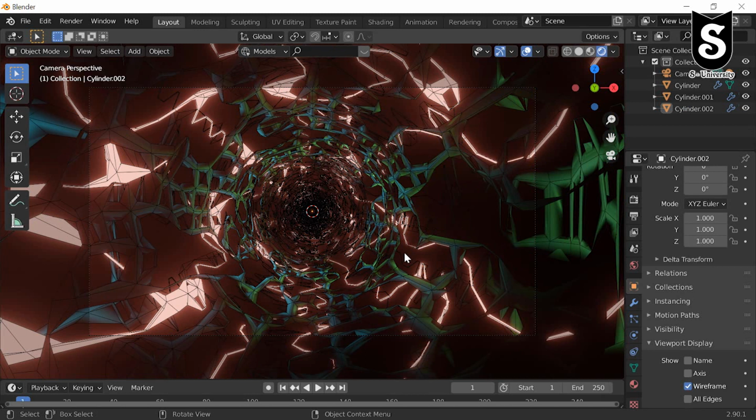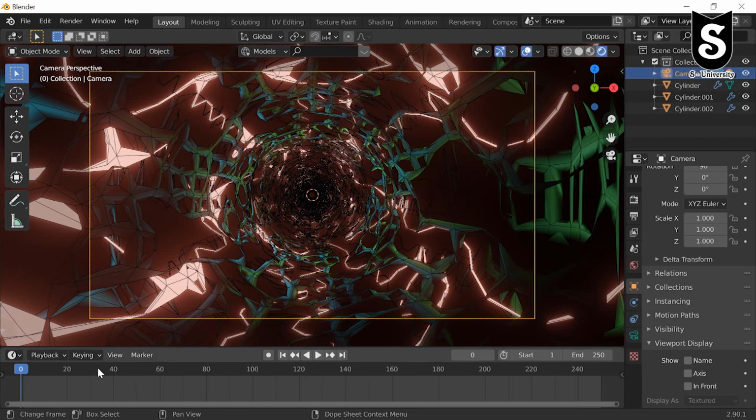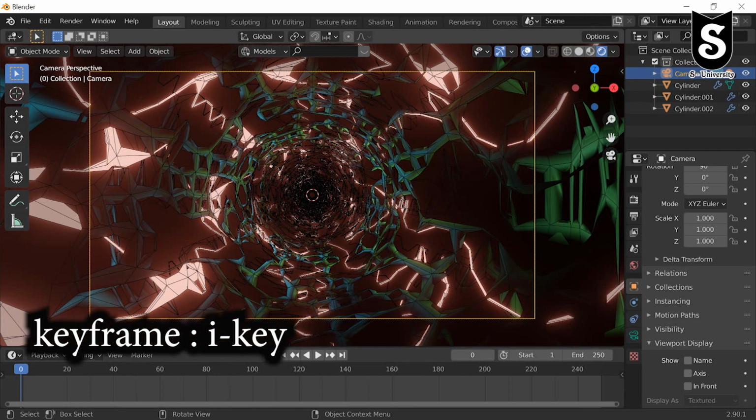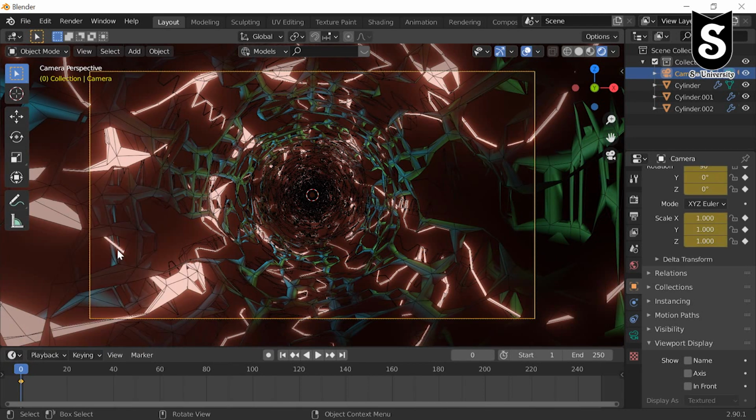Now we are going to add some keyframes to animate our object. On 0, select the camera. Add a keyframe by pressing I. Location, rotation, scale. Now go to the 251 keyframe.